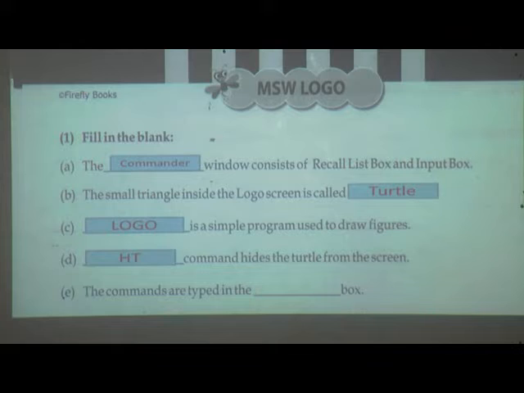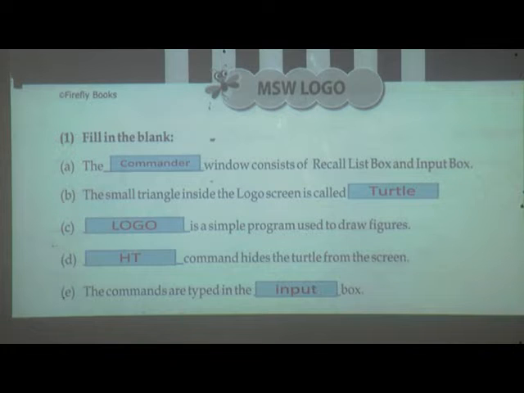Now the last one, fill in the blanks. The commands are typed in the dash box. Where do we type the commands? In the input box.